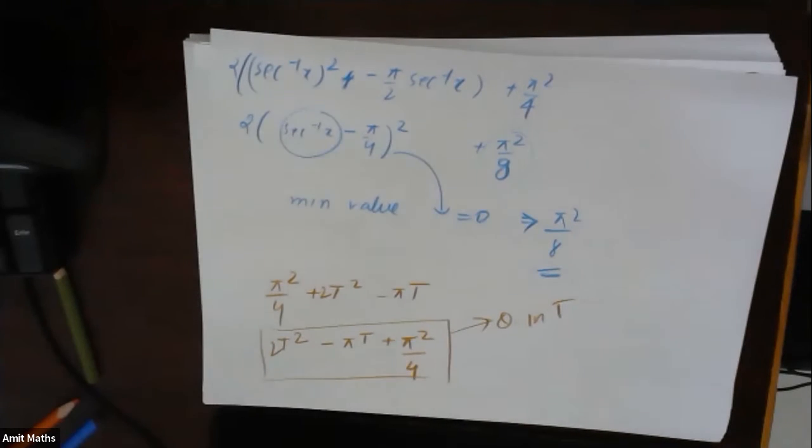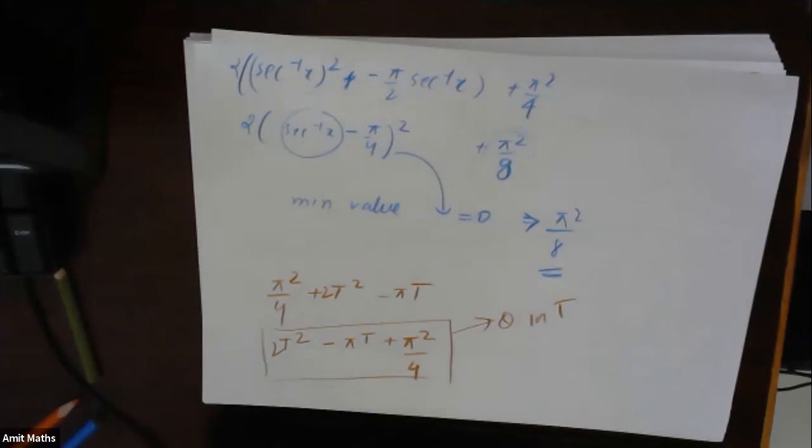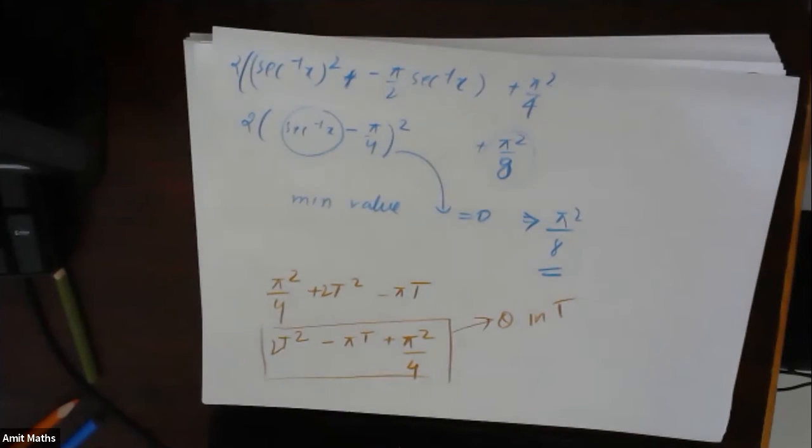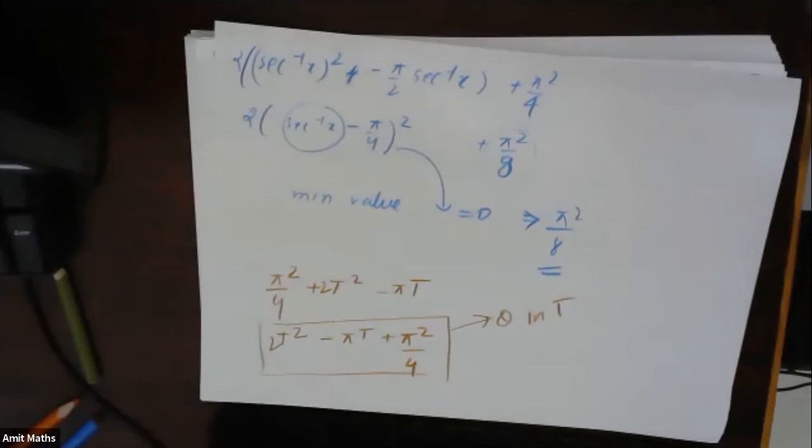Yeah, but one thing is there, that this t is not ever increasing or decreasing, right? This is not simple x. This t is not linear. This t is sec inverse of x, right? So this t might be decreasing sometime. This t itself is not as simple as x. When we have a quadratic in x, x is a simple linear thing. Y is equal to x is a linear function, but this t might be having a limited value.